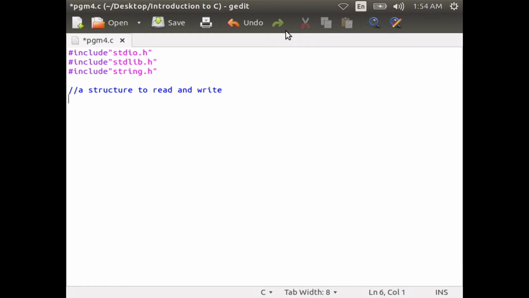Now, declare a structure to read and write. Struct customer { char cname[20]; int acct_num; float acct_balance; }. Then close the curly brace.